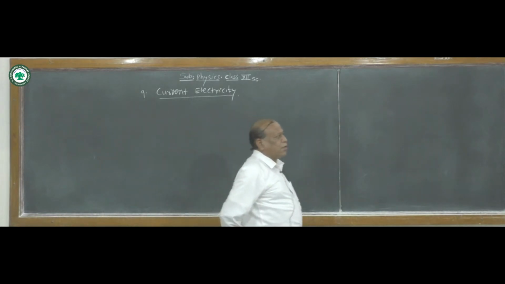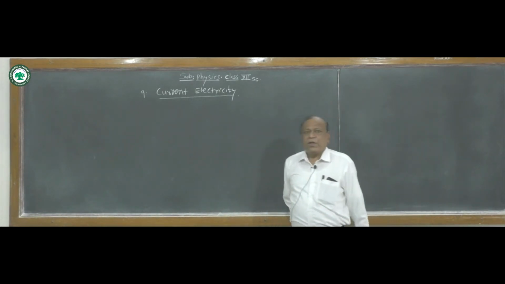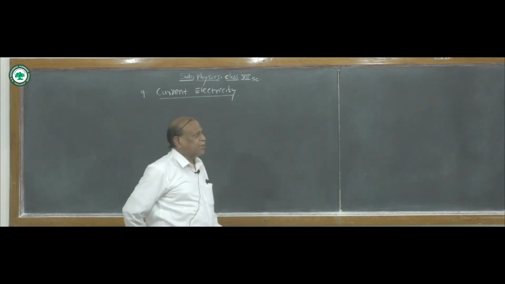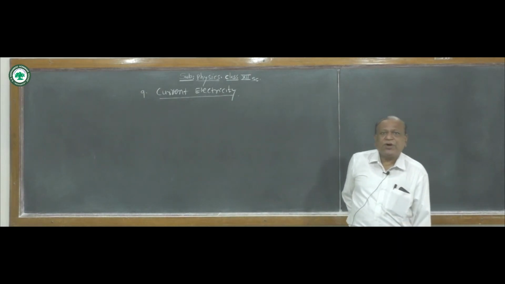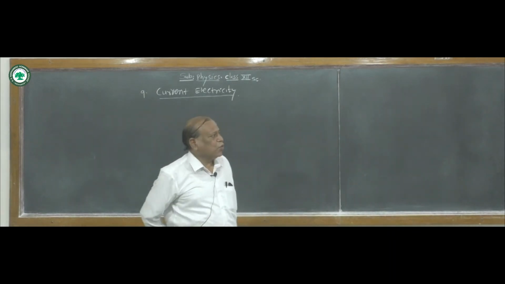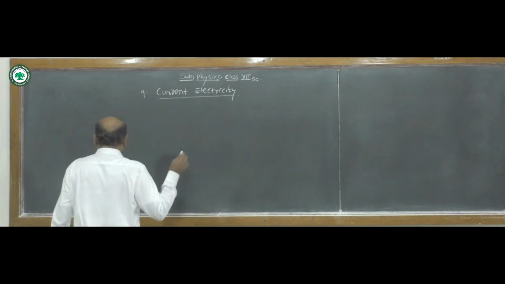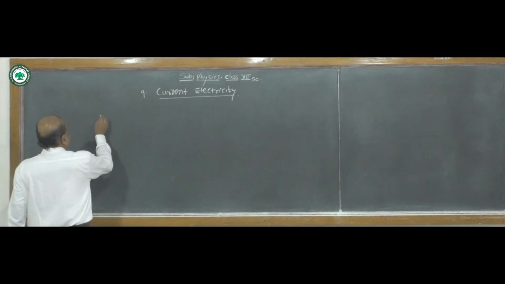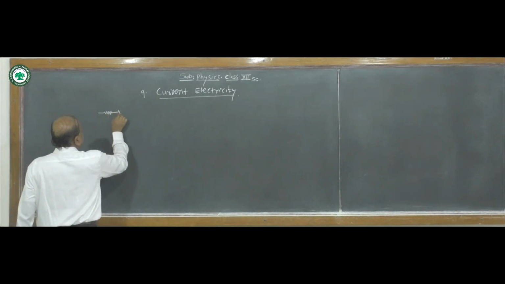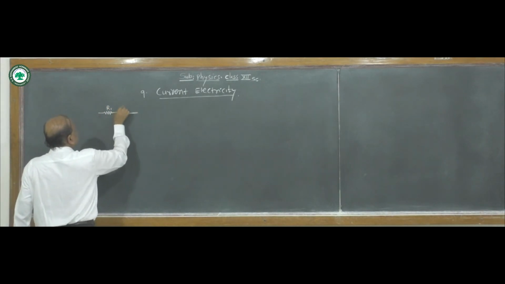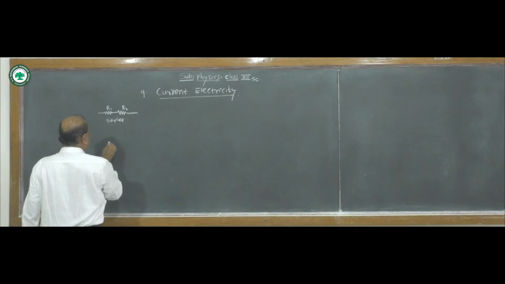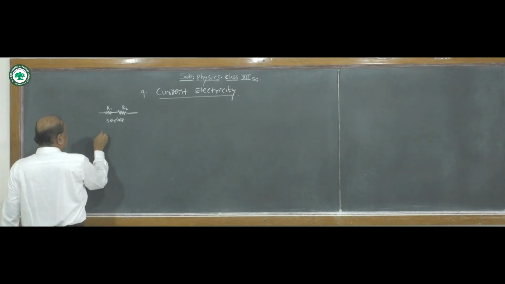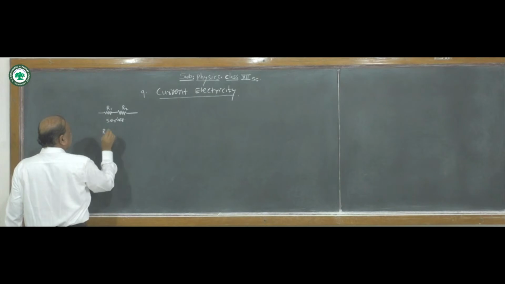Again, from Ohm's law, how to apply it to a complete circuit to find the effective resistance of series and parallel combinations. Now, when two resistors R1 and R2 are connected in series, then their effective resistance Rs for the series combination is given by